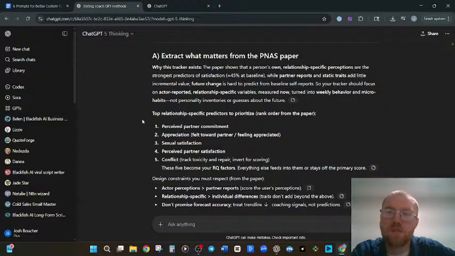While partner reports and static traits add little incremental value. Future change is hard to predict from baseline self-reports, so your tracker should focus on actor-reported, specific variables measured now, behavior, micro habits.